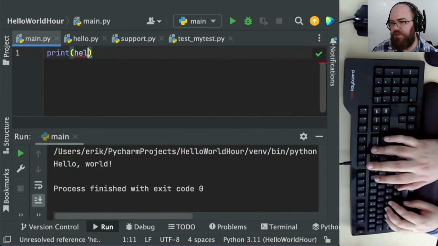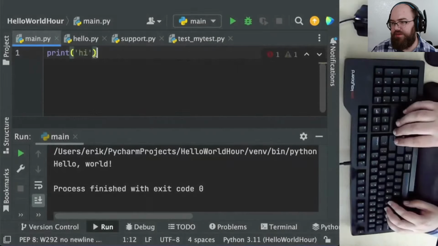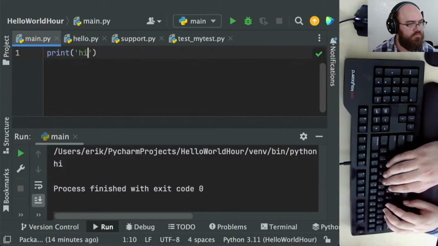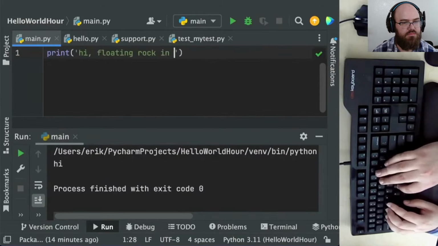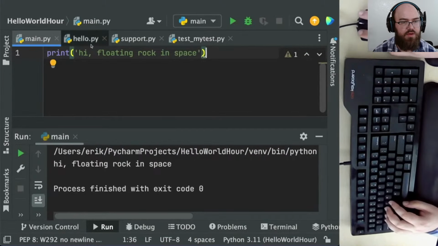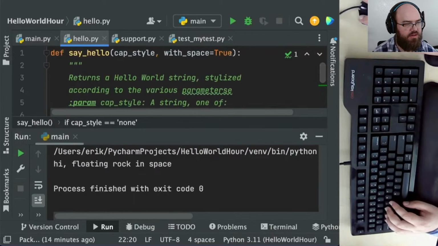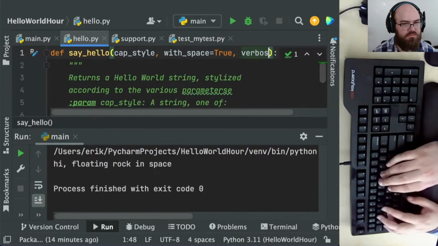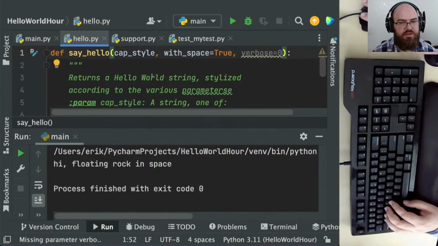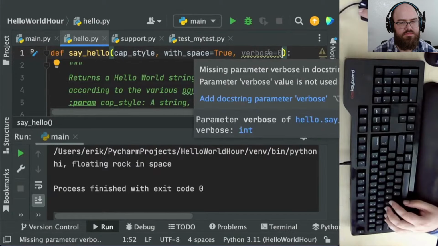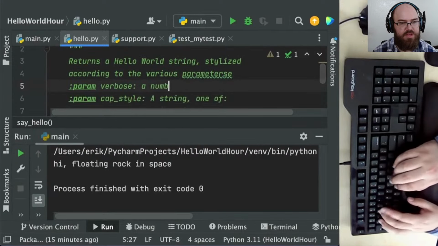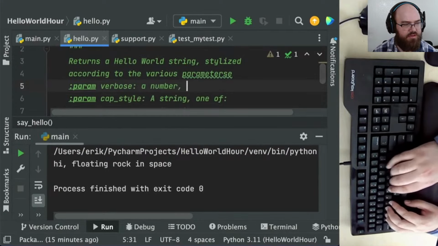Alright, that's ready to go. Here's a preview of it not being there. I just learned you can do that on OBS. Pretty cool. Oh yeah, I decided to add a verbose parameter. Set it 0 by default. And that's a better way to have PyCharm add it to the docs for you. Doc string, I mean.